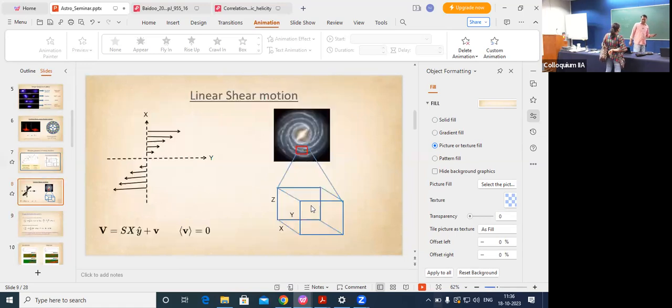Is there any time dependence of the S? No, these are steady state systems. Once it is rotating, the S is sort of fixed. But in a galaxy merger, it could be time dependent. If you try to put in everything, then this is completely different, but still there are, when